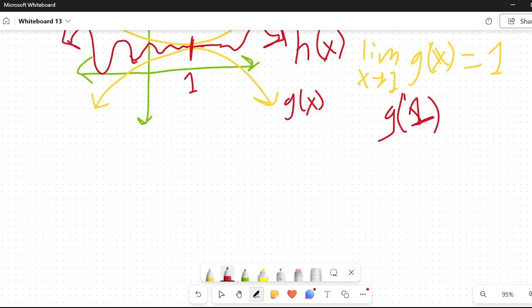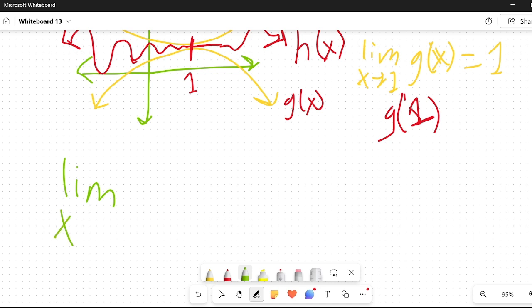Let c be a real number, and let's say that f of x equals g of x for all x not equal to c in an open interval containing c. If the limit of g of x as x approaches c exists, then the limit of f of x also exists. So essentially, if we look back at our function that we defined earlier,